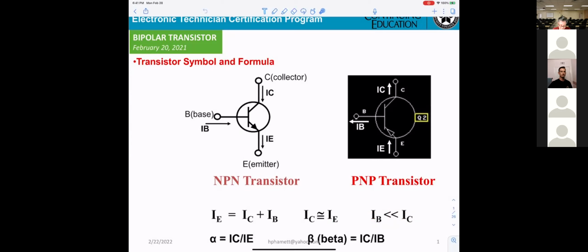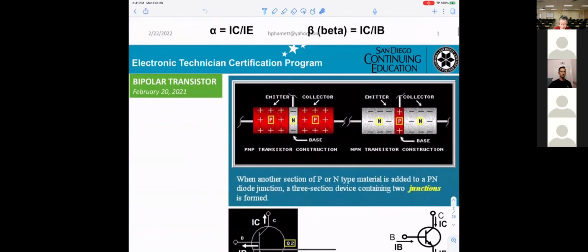Okay? And they also give you two definitions: alpha equals IC divided by IE, and beta equals IC divided by IB. That is the formula you need.